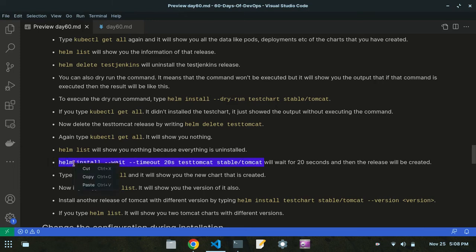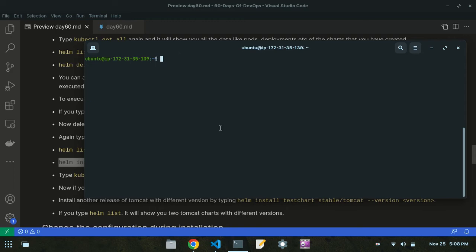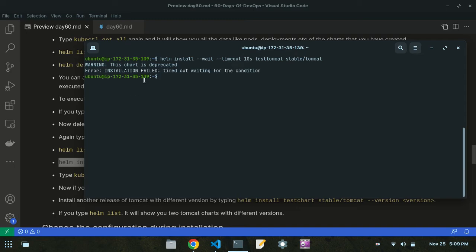So let's copy this, and first of all let's clear this just to make it clear, and then execute this. But instead of 20 seconds, I will write 10 seconds. So it will take me only 10 seconds to create this test tomcat again. Alright, so now it is taking some time, so wait for 10 seconds. Now as you can see, it is giving me the installation failed, but if I type helm list,